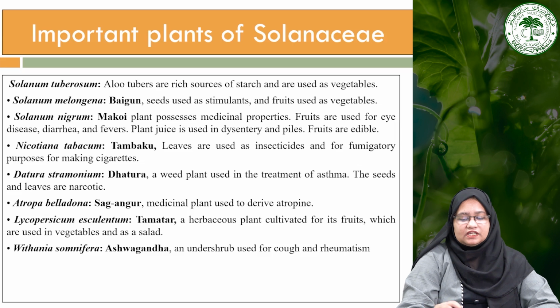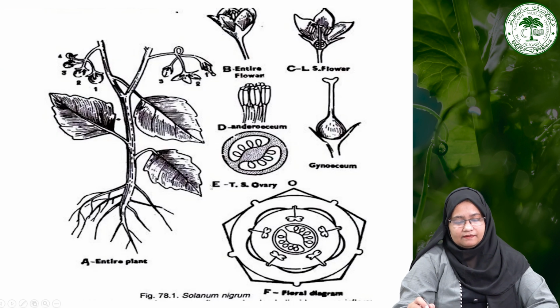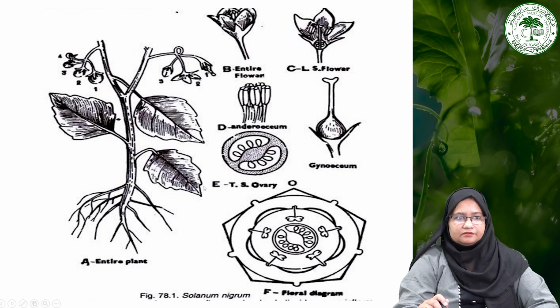Here you can see the floral diagram of the male and female flower. Here you can see the presence of two groups of androecium, and here you can see the presence of a dicarpellary syncarpous ovary with parietal placentation. So these are all the diagrams associated with Coccinia grandis.